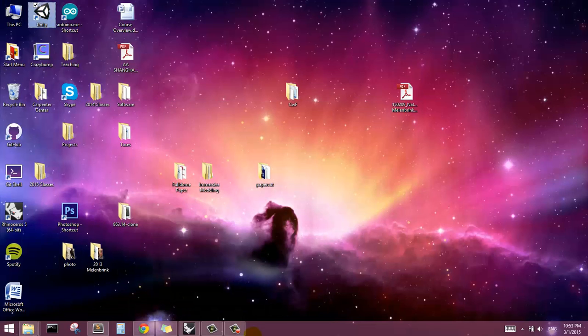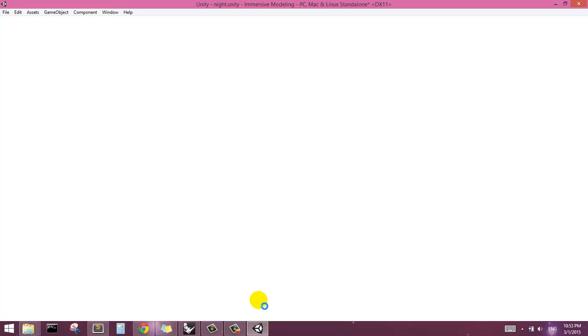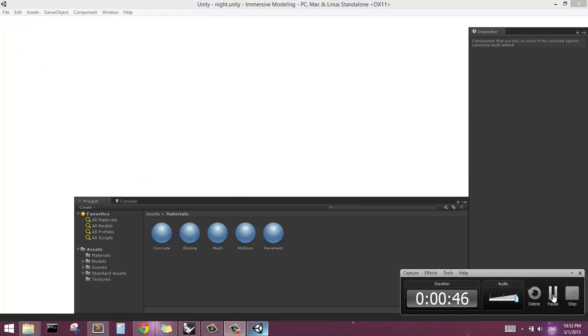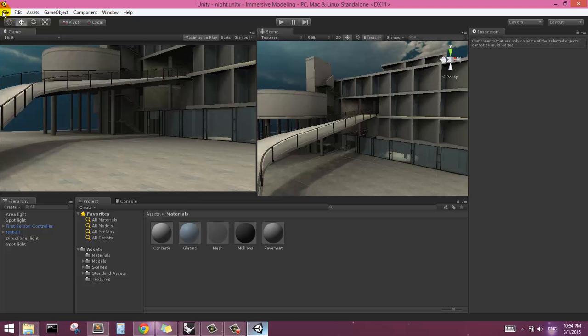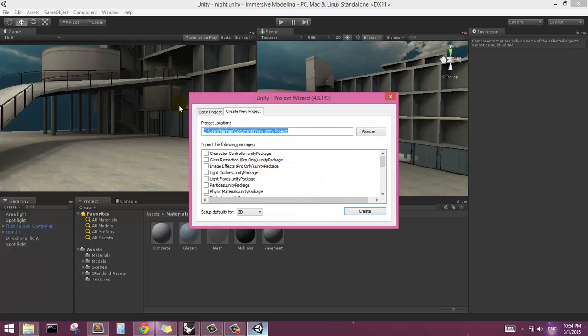So I'm just going to double click on Unity, and then I will go through the process of making a new folder structure. So I'll be doing all of this from scratch. So I'm going to make a new project, and I can specify a file location. So I can do documents, Carpenter